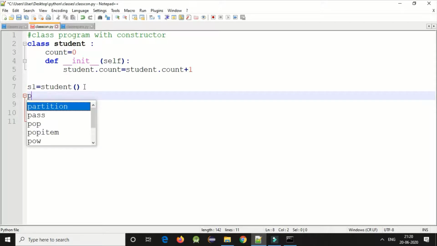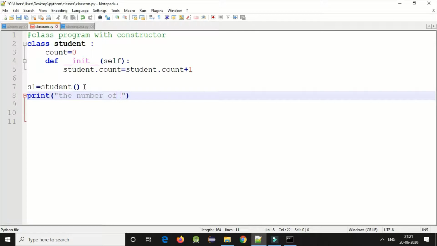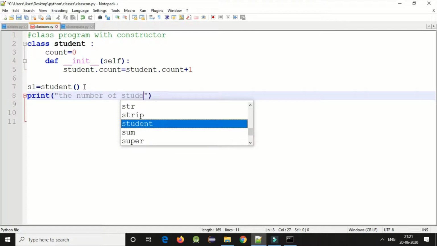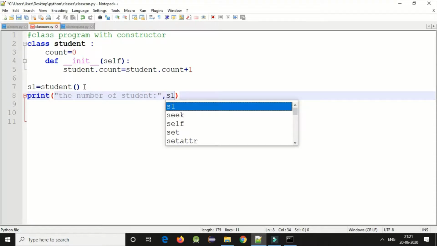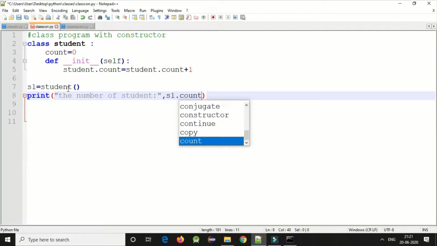For that I need to give one print statement: print the number of student, comma, s1.count.